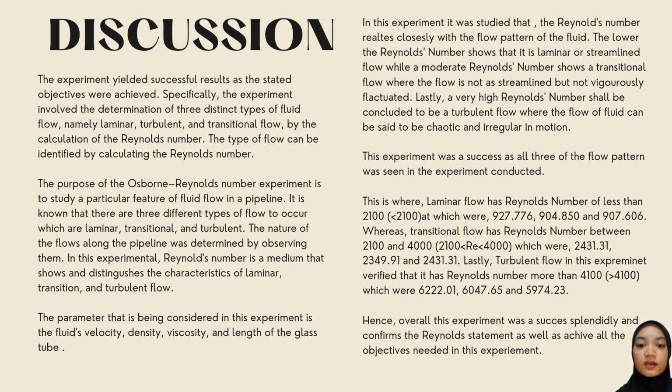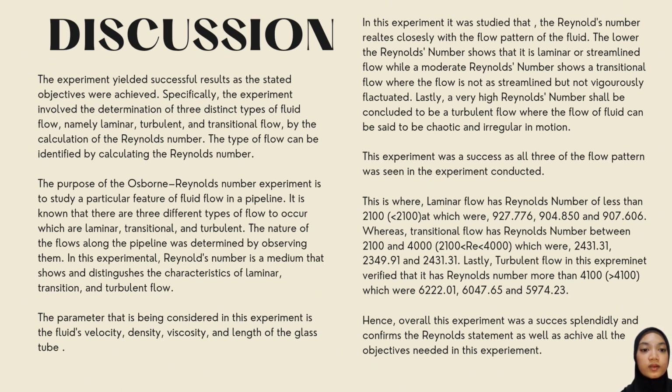The purpose of the Osborne-Reynolds number experiment is to study a particular feature of the fluid in the pipeline. It is known that there are three different types of flow, which are laminar, transitional, and turbulent. The nature of flow along the pipeline was determined by observing them. In this experiment, Reynolds number is the medium that shows and distinguishes the characteristics of laminar, transitional, and turbulent flow. The parameters considered in this experiment are the fluid velocity, density, viscosity, and the length of the glass tube. In this experiment, it was studied that the Reynolds number relates closely to the flow pattern of the